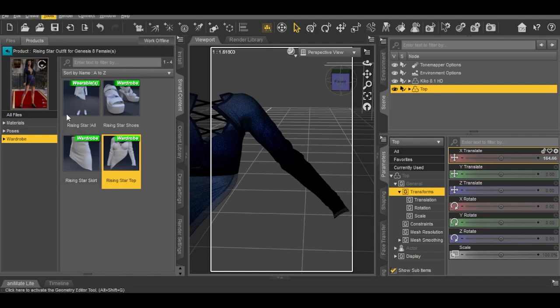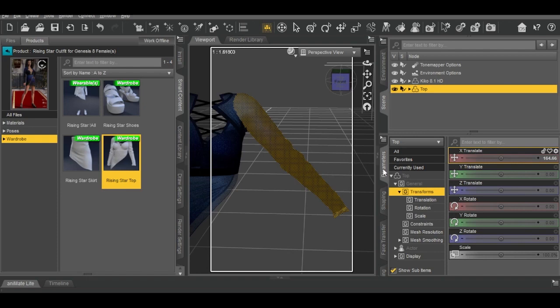So we're going to go to Tools, select Geometry Editor, and make sure selection type is Polygon and selection mode is Lasso, that's just a personal preference on my part. And we're going to draw a circle around the sleeve. Okay, looks like it selected it all, and then you can do one of two things. You can either go to Geometry Editing and select Delete Selected Polygons, or you can go to Geometry Visibility